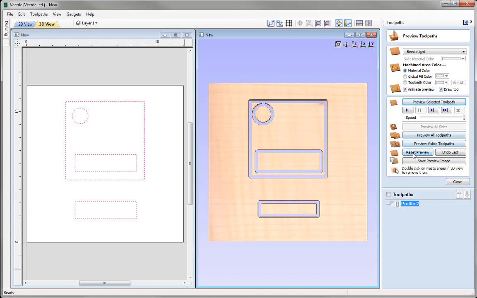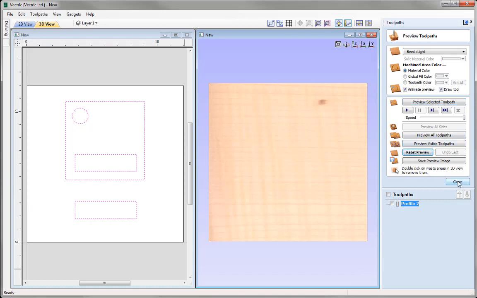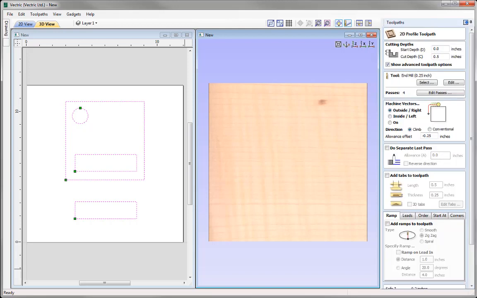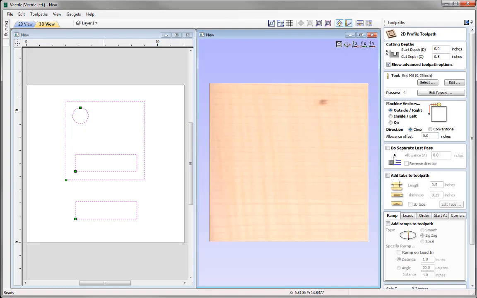So let's just go ahead and reset that preview. I'm just going to close out of the preview toolpath form, double click to go back into the profile toolpath, and here we're just going to change the allowance offset, and we'll just reset that back to 0. Now, in order to get a very consistent and clean profile to the edge of your part, you may want